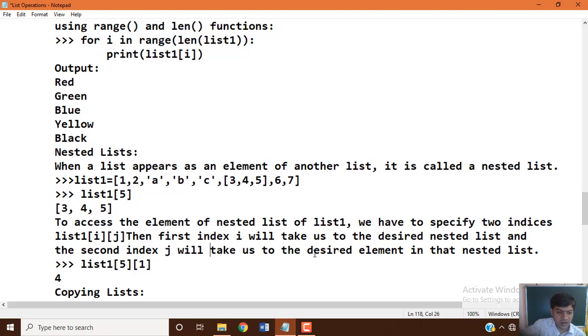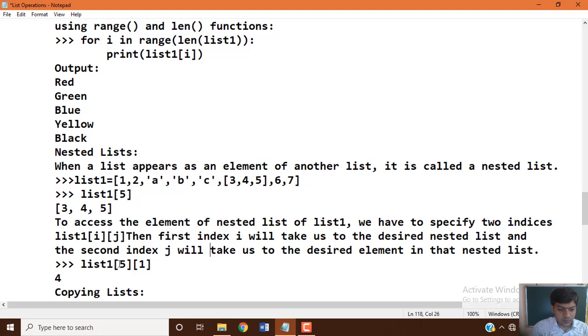These are also called subscripts or index numbers. There are two subscripts here which we need to use, because this is a nested list. When you say nested list, it means two dimensions, x and y. That is why we took i and j here.